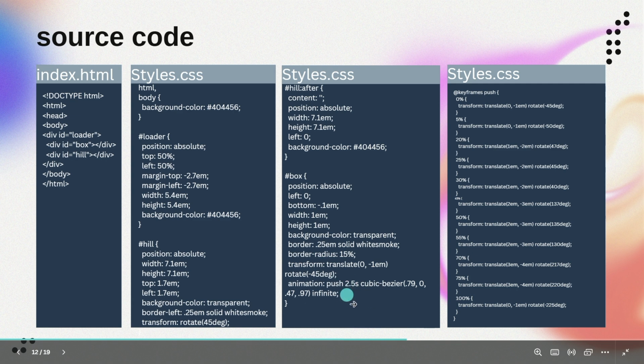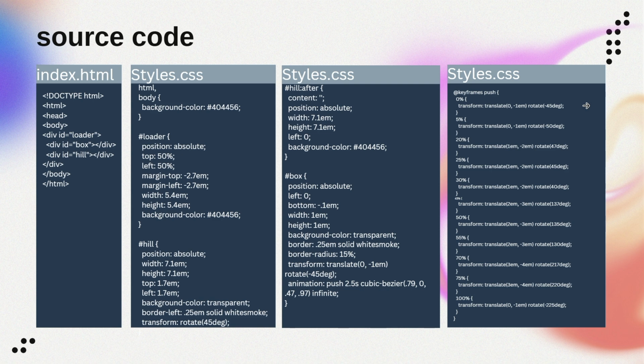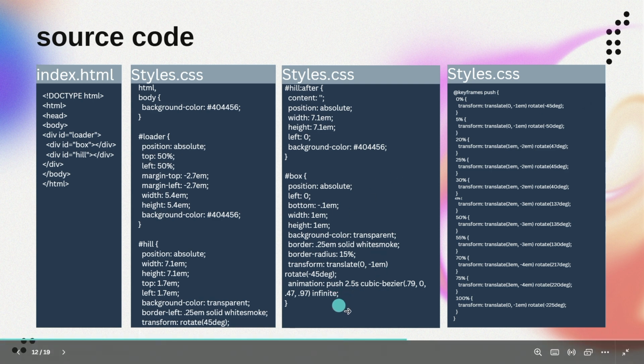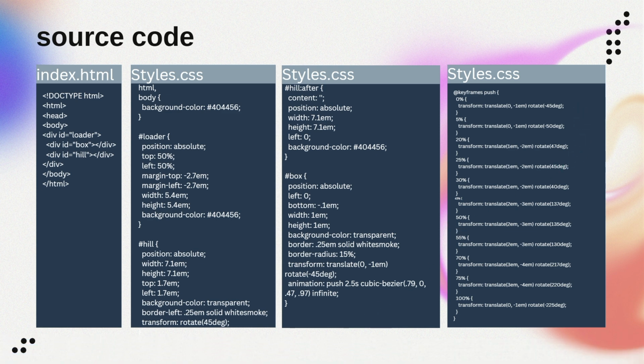As you can see, the animation push is called here. So let's learn about the keyframes push through which all this is possible. This animation defines the movement of the box, and as defined here, it runs infinitely. So at the keyframes, at 0% the box starts at the bottom of the hill. It is slightly rotated at minus 45 degrees, and at 5% the box tilts further backward